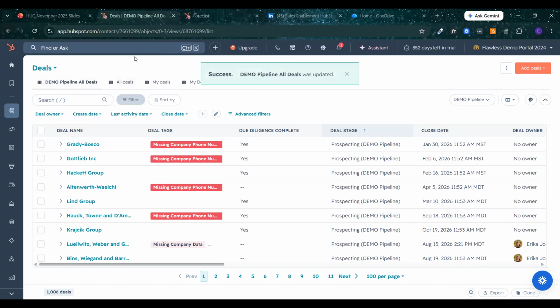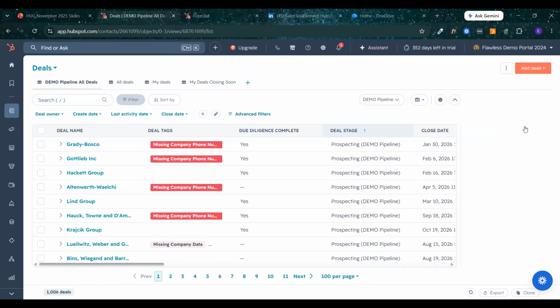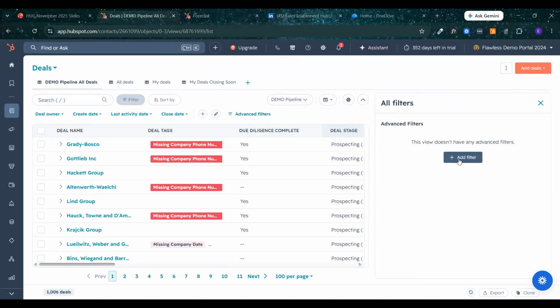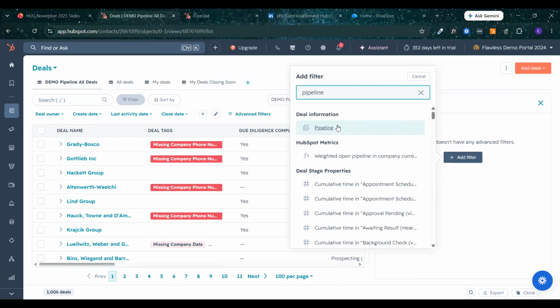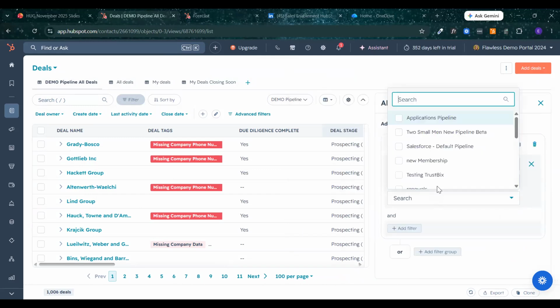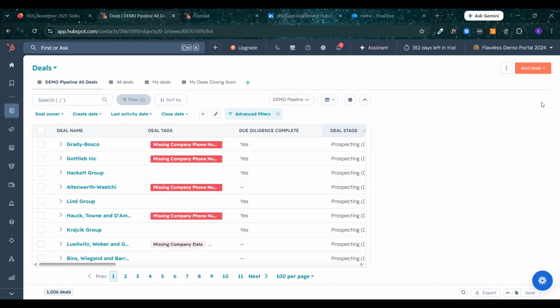Maybe click the little thing. There we go. All right, so you can change that to be different by different pipelines. So you can add that in the advanced filter as well. So the pipeline is up here, but you can also put the pipeline in here. So if you search up pipeline, you can also drop any of them in there. So you can go like that. And then add whatever other filters that you want. This is like an all deals one, so we don't need to add anything else.